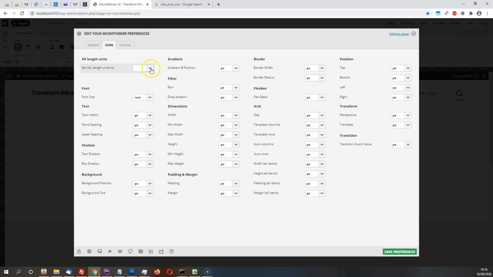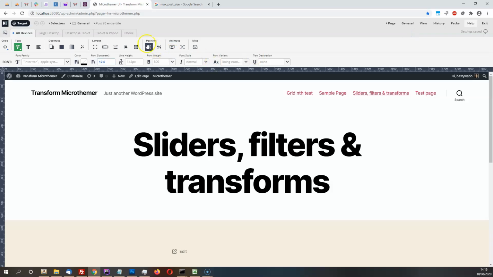And that's easy for beginners, I think, but as you learn a bit more, I think it's probably best to use rems. The reason being that the rem unit basically means that whatever font size has been attached to the root element, which is the HTML element that contains everything, everything will be in relation to that. So 12.6 rem is in relation to whatever size has been set on the HTML element, and so everything moves relative to that font